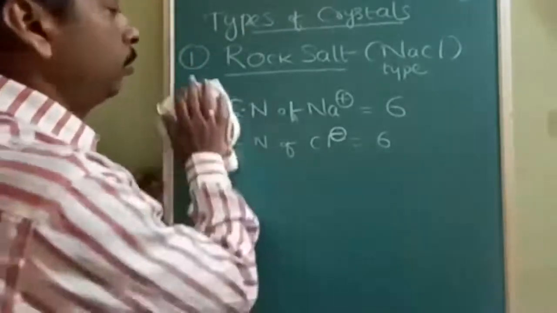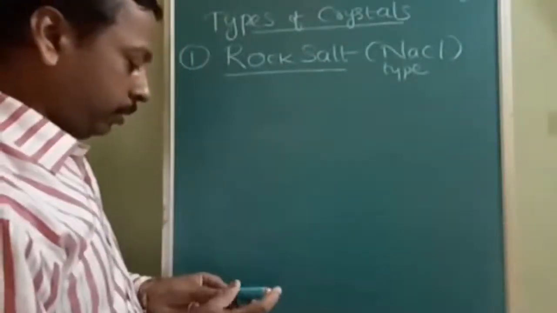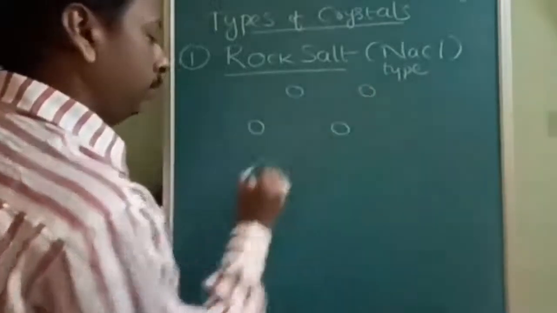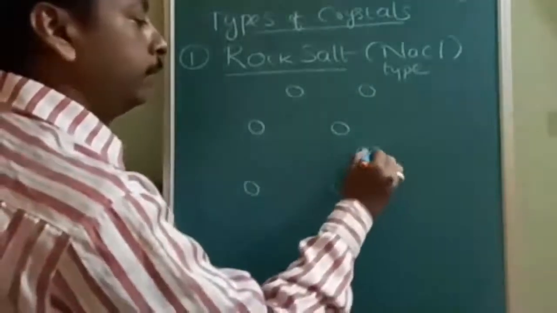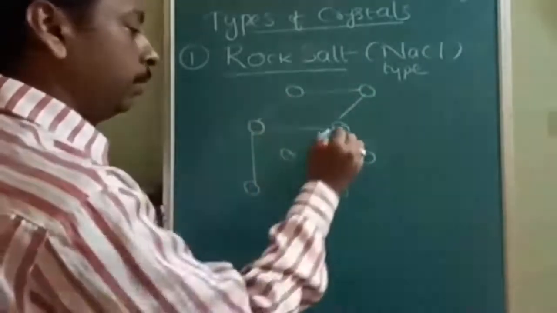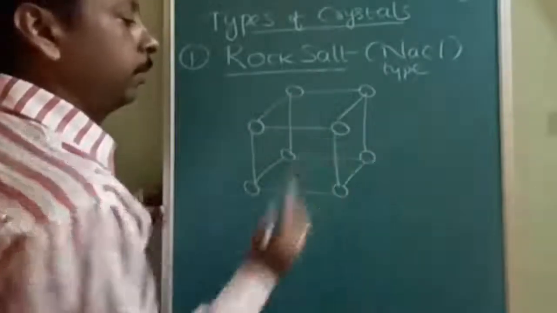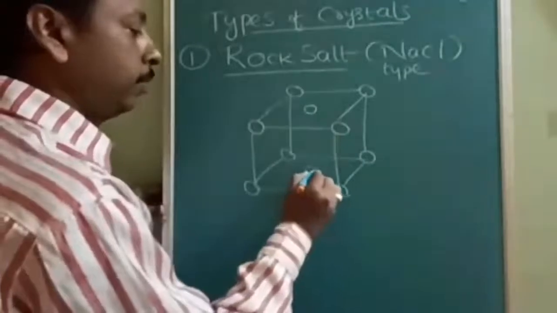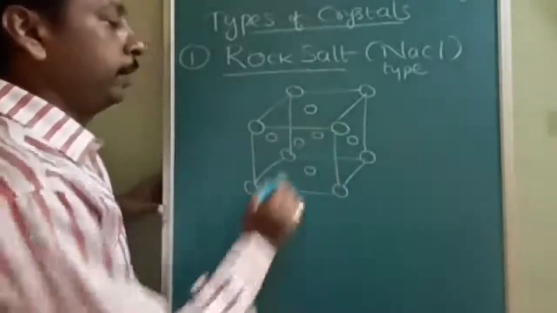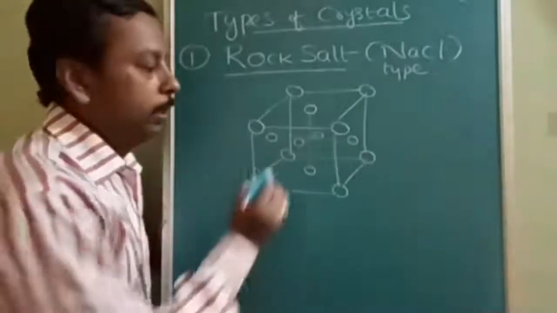Now I will tell you through the diagram. This is the NaCl structure, how it looks. First of all, I have to make a beautiful FCC lattice. Till now I have made only a simple cubic lattice. Now these are the top face center, bottom face center, left face center, right face center, front face center, back face center. So these are face centers. Is it clearly visible?